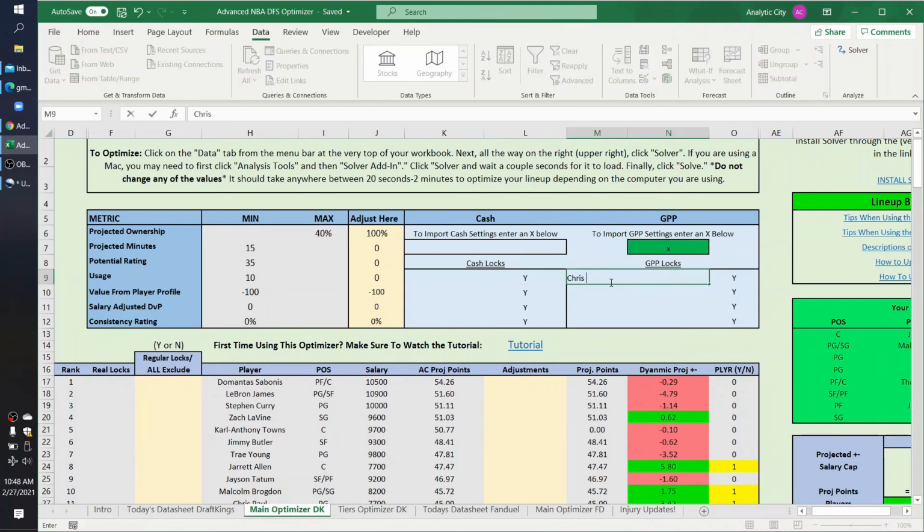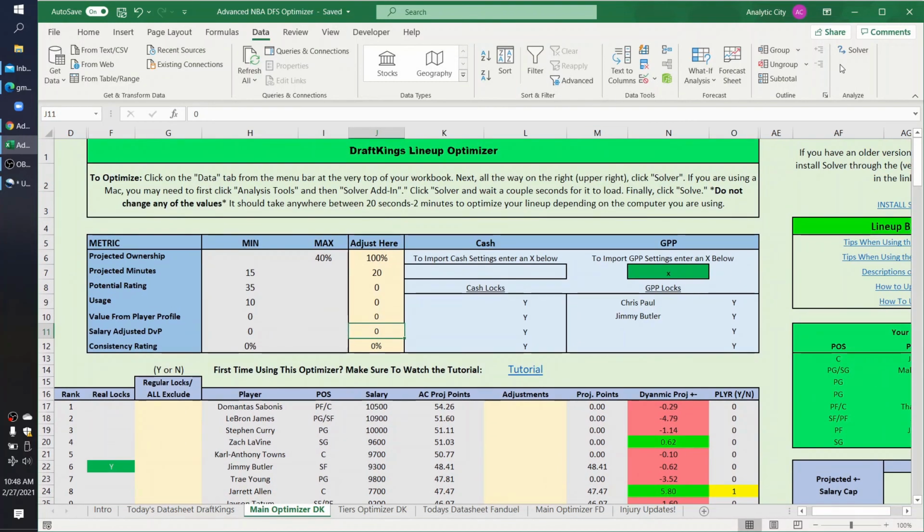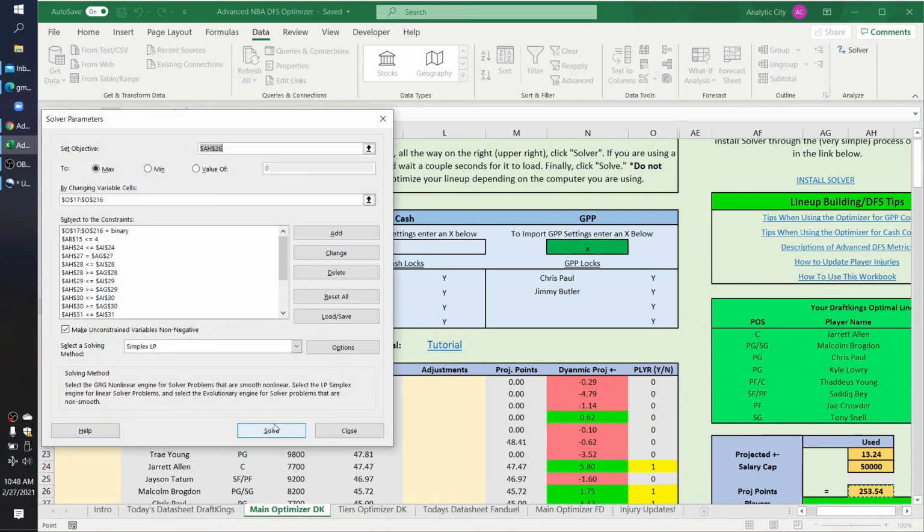So now if I went back over here and let's say I'm building my GPP lineup and I'll make a bunch of adjustments. I lock in Chris Paul, I lock in Jimmy Butler. I say that you have to play at least 20 minutes and you have to be in a positive matchup. So I've put in a ton of restrictions. Now if I want to solve,